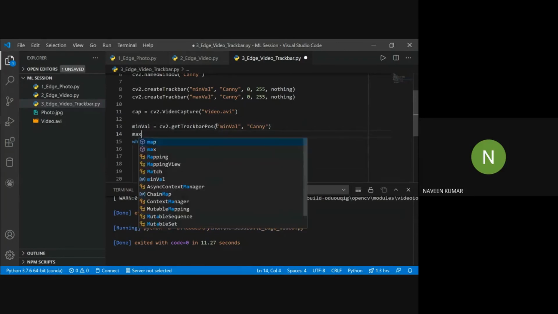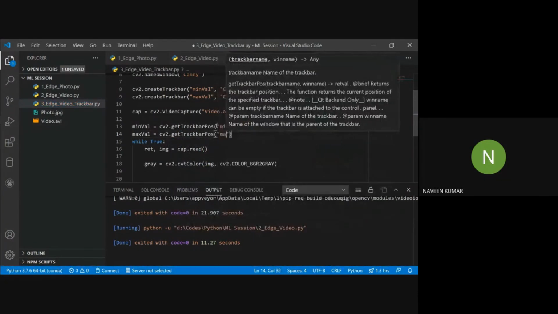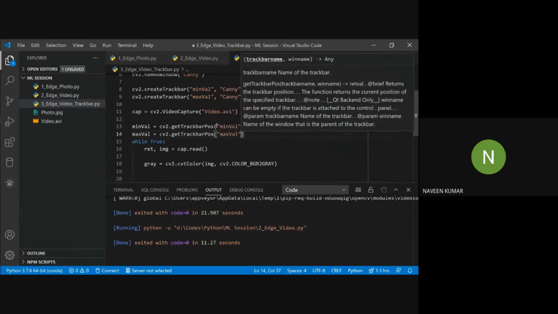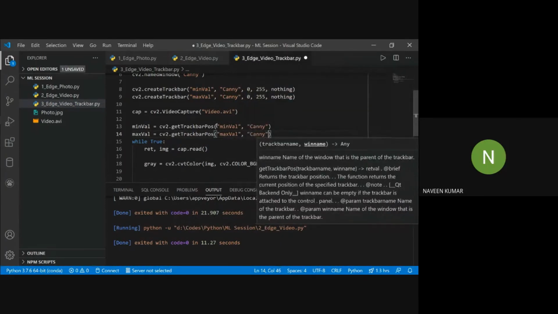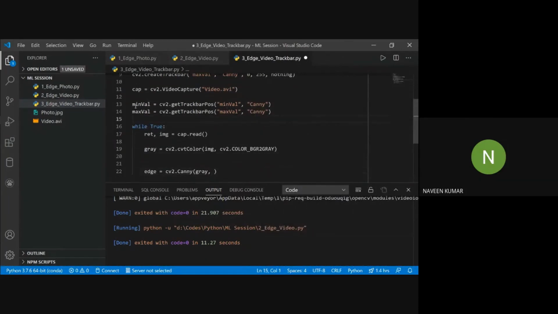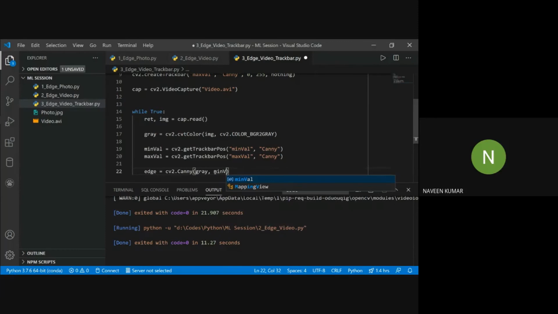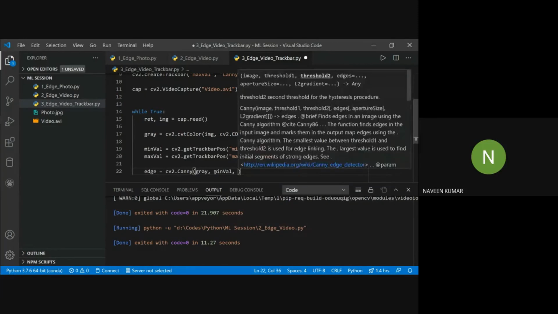Again, we can create a variable for maxval, cv2.getTrackbarPos from track bar maxval and from window Canny. Actually, we have to define these inside the while loop so we can get new values every time. We will pass minval and maxval.